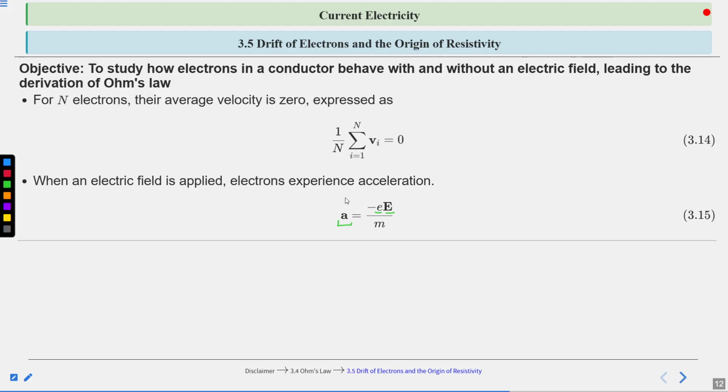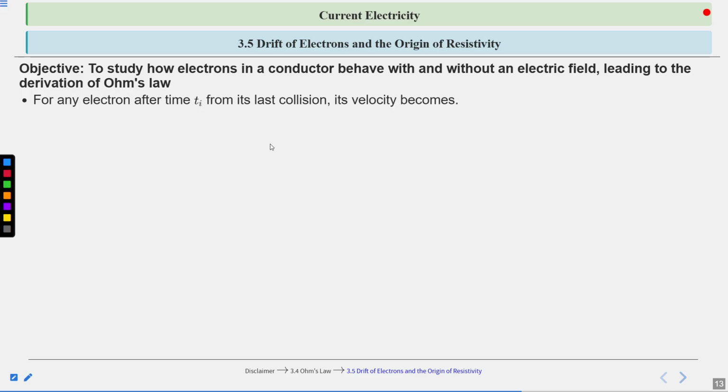Okay, this F can be represented as mass of electron times acceleration of electron, and this acceleration will then be represented by minus E, capital E upon m. For any electron, after time t dash from its last collision, its velocity becomes, okay,